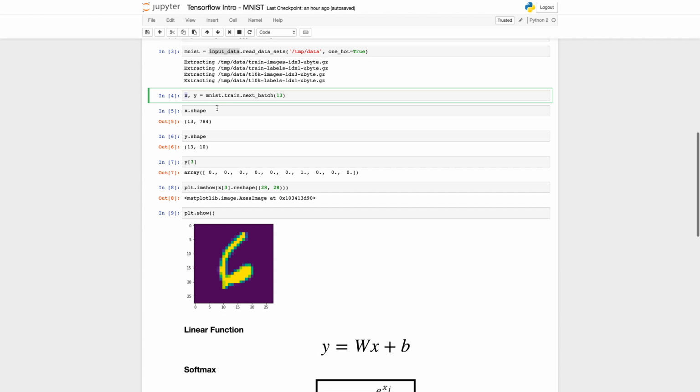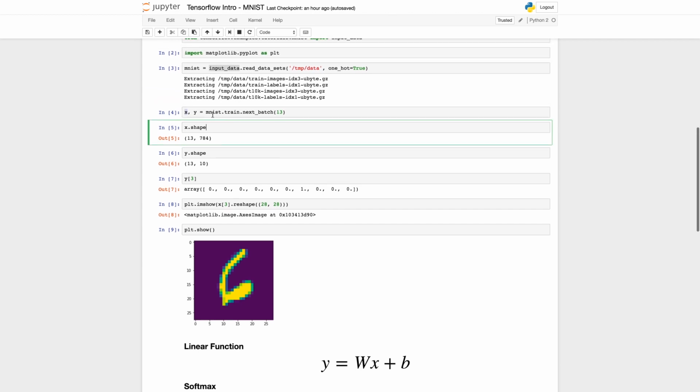Looking at the shape of X, we're able to see that it has 13 rows and 784 columns. That essentially tells us that we have brought in 13 images, and for each of those images, we have 784 elements in the column. So what is the 784? The 784 is the flattened out pixels of the image. Now each image is a 28 by 28 pixel image, so we flatten that out and it gives us 784. So 28 times 28 is 784, and that actually allows us to use the data in our computations a little